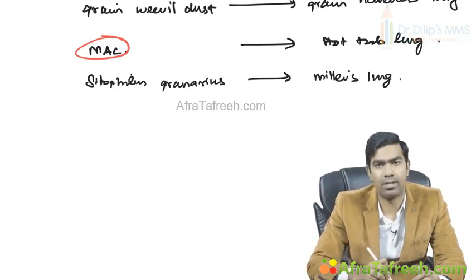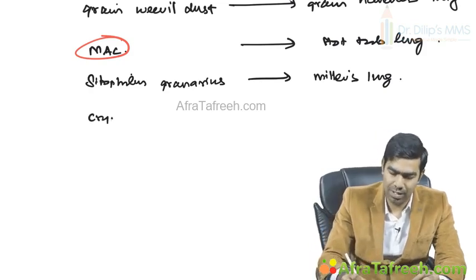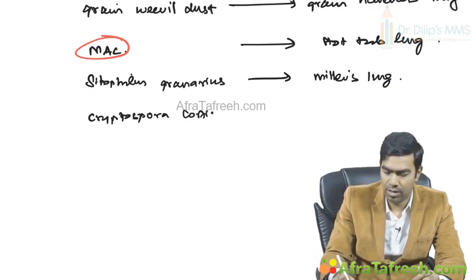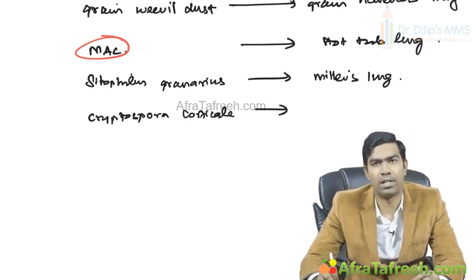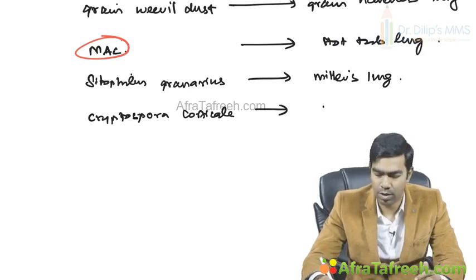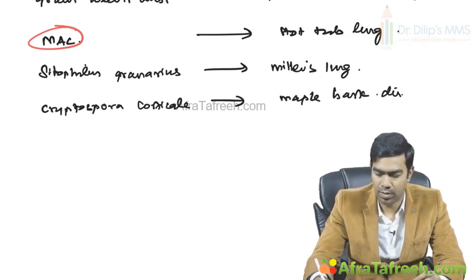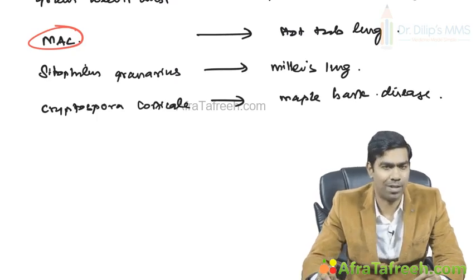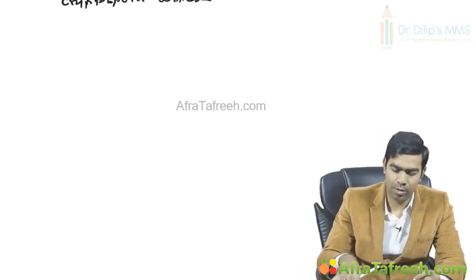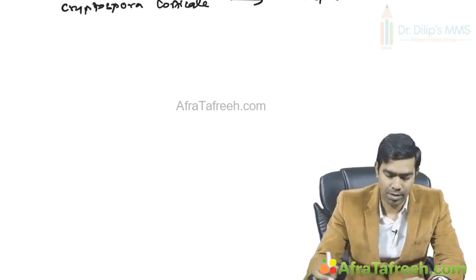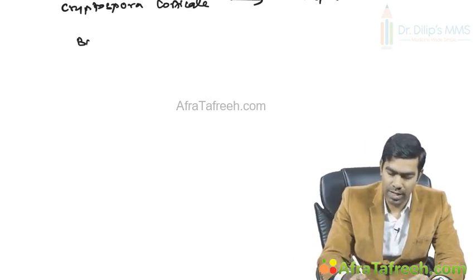Cytophilus granarius. Then you have Cryptospora cortical, and exposure to this microorganism can lead to hypersensitivity pneumonitis that is going to be called maple bark disease. Maple bark disease. This was actually my MLE question, way back in 2007. Fine. Now you can also get it with a lot of bacterial endotoxins,